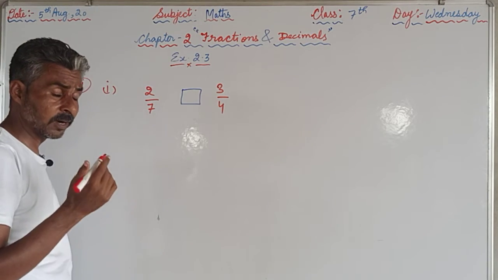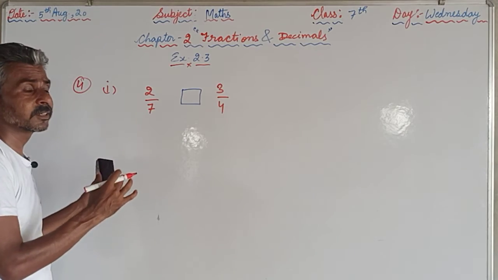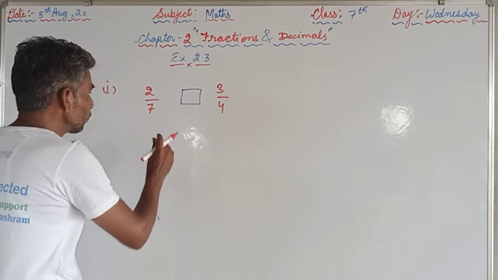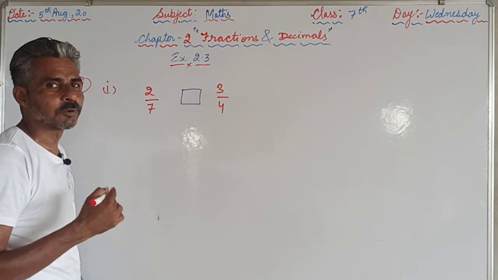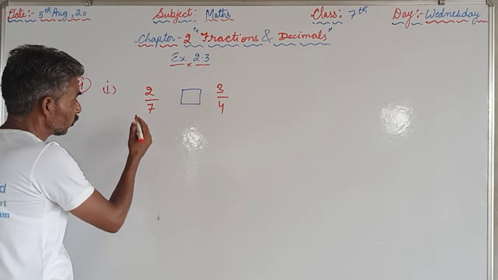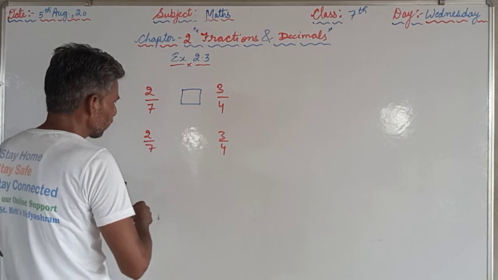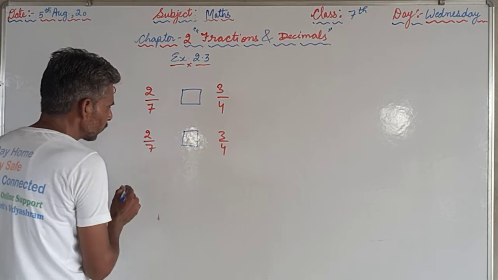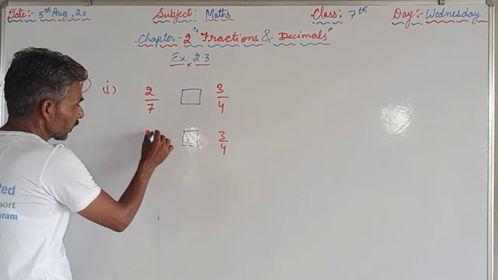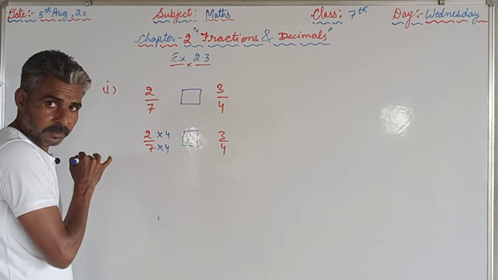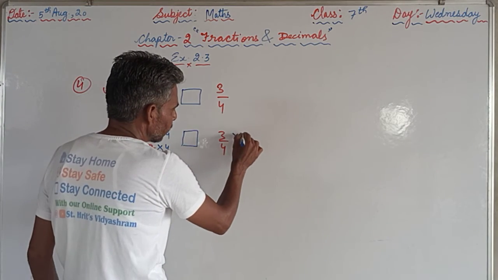So now what we will do? We will make these two fractions with same denominator. For same denominator, we will take the LCM of 7 and 4. The LCM of 7 and 4 will be 28. We will make that 28. To make that 28, 2 upon 7 and 3 upon 4, we have to multiply by some number. For 7 we are supposed to multiply by 4. To make 28, the same number we will multiply the numerator as well. Here we will make the 28 by multiplying by 7, here again by 7.